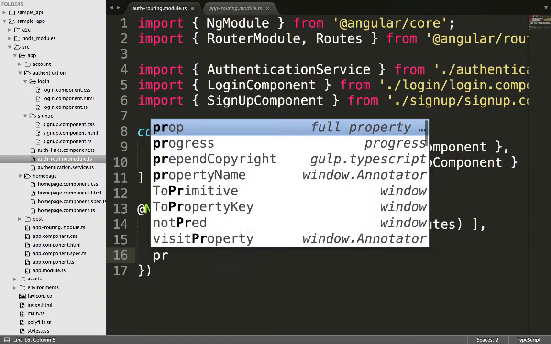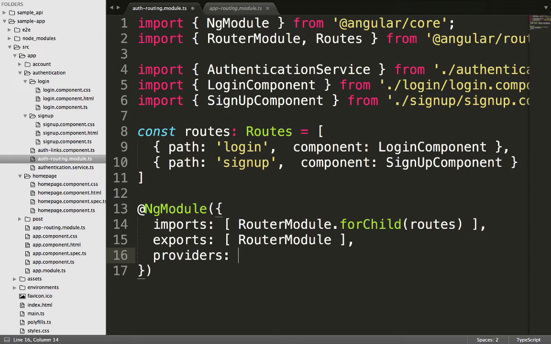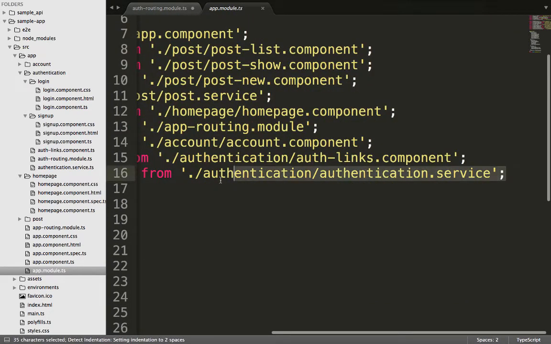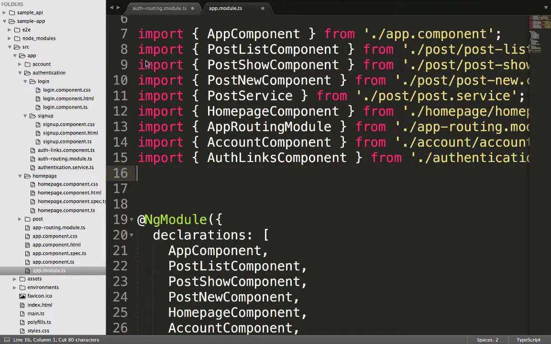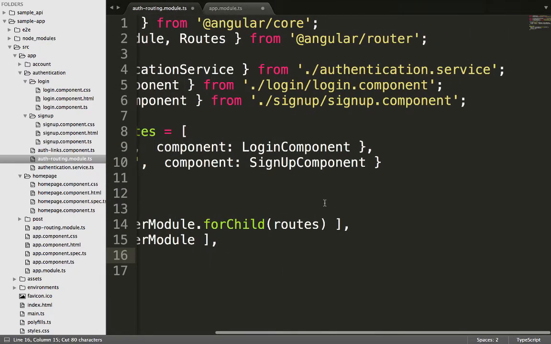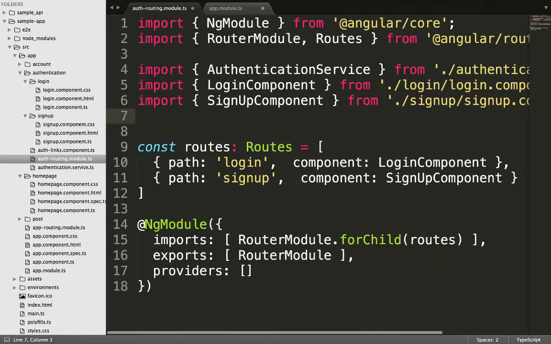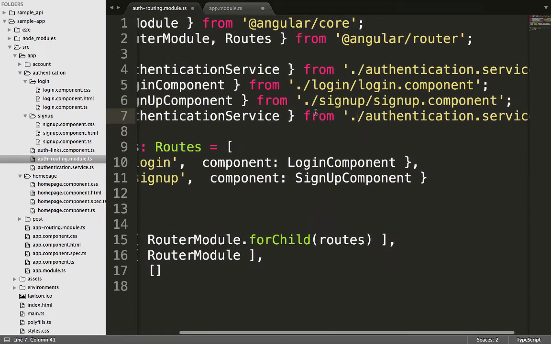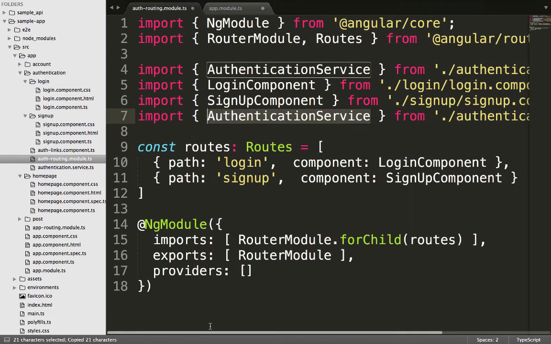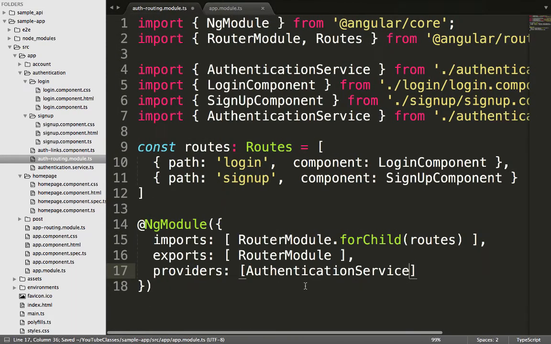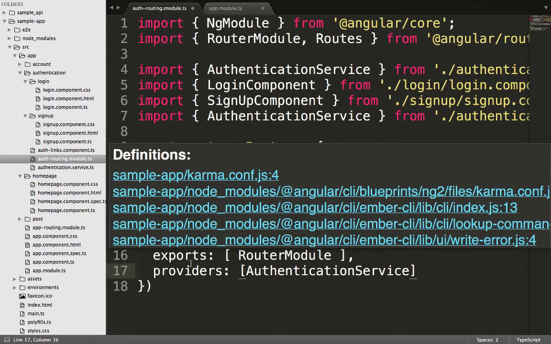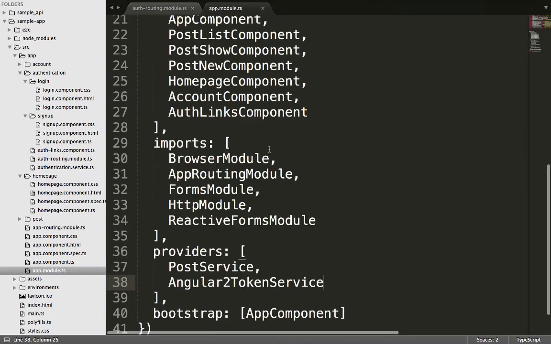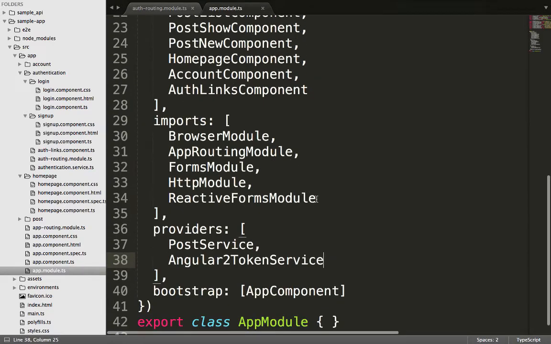So we also need to export RouterModule, and we can also pass in providers. The first provider we're going to pass is the authentication service. So we can remove this from here now, because we're basically only using it here. We're not using it anywhere else. And we can pass it now, as well as now we can export, and we can now import that here. And the first place we need to put that is,